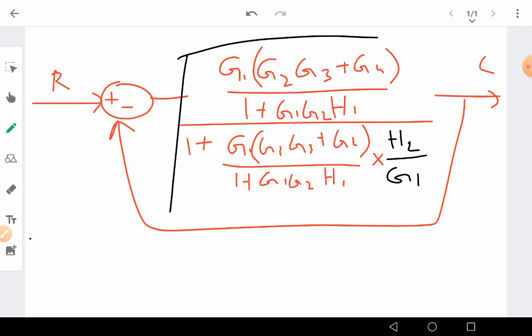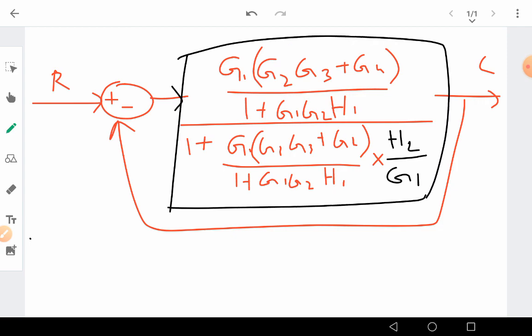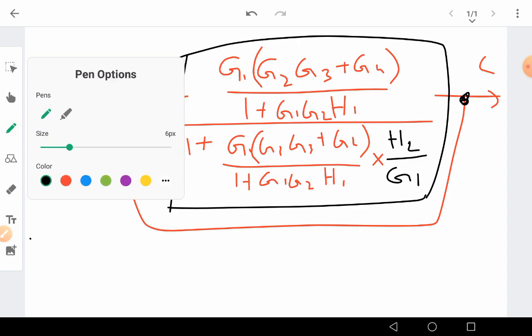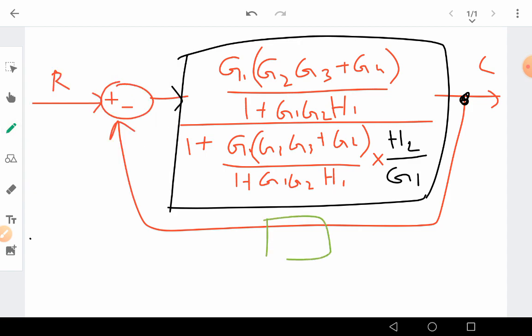So now the block diagram has been reduced to this, right? Again there is a feedback loop with gain. What is the gain here? Here the gain is 1. We should know, whenever there is nothing here, the gain is 1. So what will happen if we simplify it?